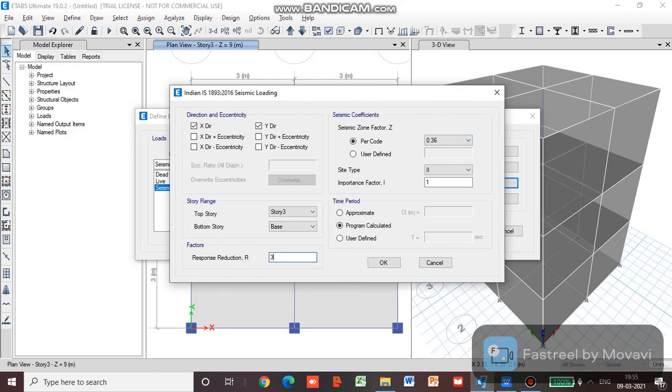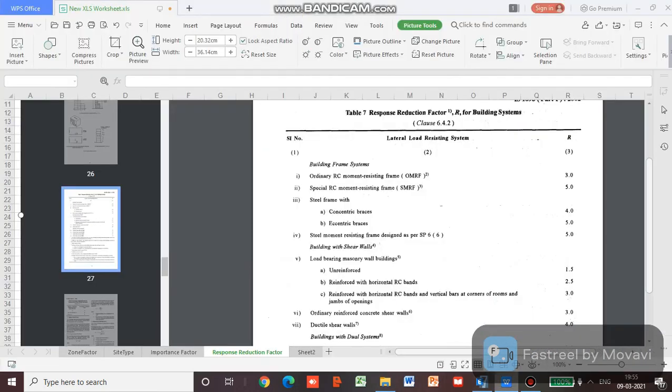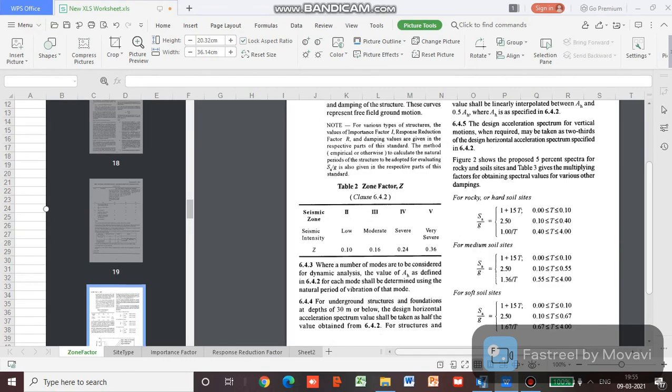Then we have to put the zone factor. So again we will go to this, and depending on in what region your area is, we have a map which is given in the IS 1893. Sorry, I forgot to mention the code. It is IS 1893 that you have to follow. So there we have a seismic map,